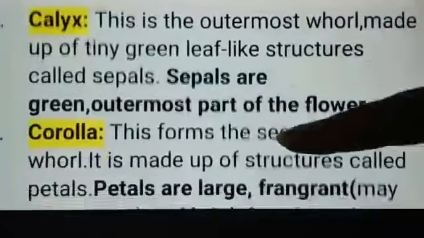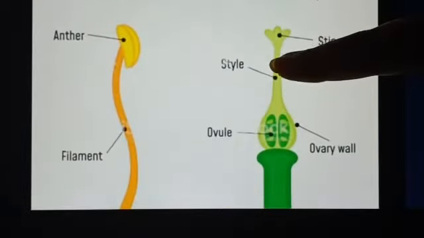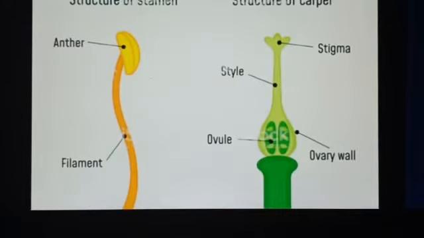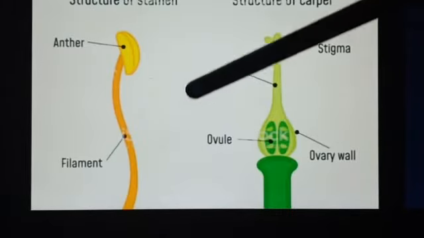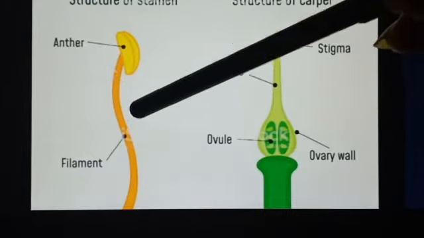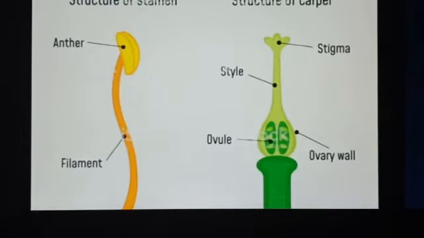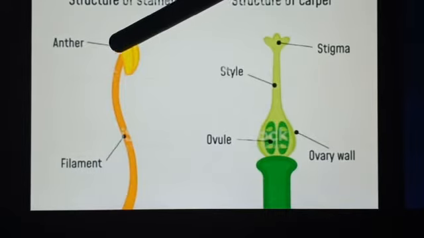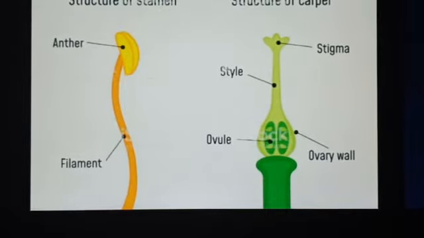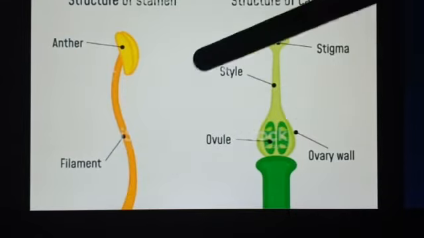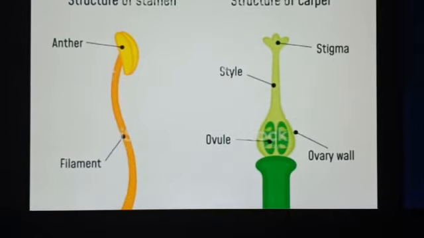So let's see this one. Here it is. If you see the structure of a single stamen, then you can see a long thread-like filament, and the tip of the filament is known as anther. And these anthers produce hundreds of very small structures called pollen grains. And if you smash a pollen grain, you can see yellowish powdery compounds. They help in pollination, which we'll learn in our next class. So this is the structure of a stamen.